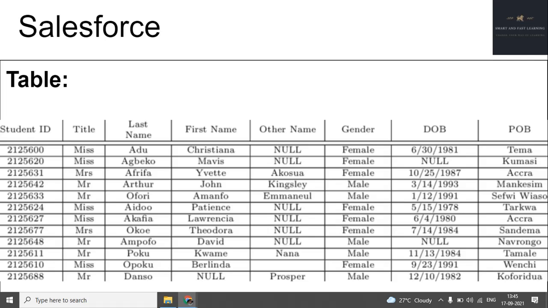We can create as many fields as we want also. You can give father's name, mother's name also. That is called a field. Means in Salesforce, tables are the objects and the columns are fields, and the values that you can see are called records. Means rows are called records. Salesforce has three things: object, field and record. The table you can see is called an object, the column you can see is called a field, and the row you can see is called a record.